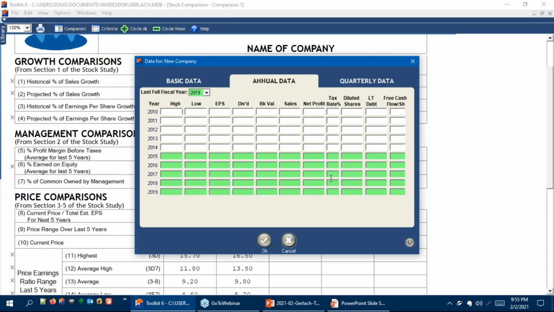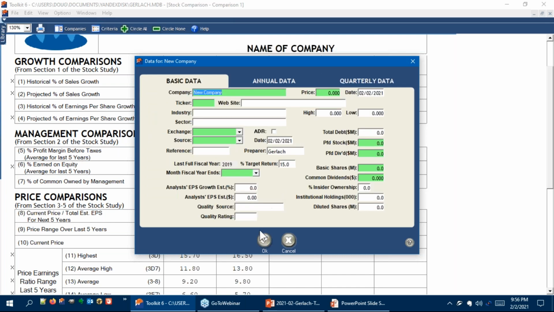So it's all achievable. If you get stuck on any formulas, you can look them up. I'm not sure if the Toolkit 6 manual has instructions for entering them by hand, but this is what we did, you young folks, back in the day when there was no internet, when there was no data service. We just had our toolkits and a Value Line report, and we would type in the values, and I could do it in 6 or 7 minutes. I could fill in all the data at a certain point, because you just get very good about where it all is, where to find it, how to translate it. So it's certainly possible.